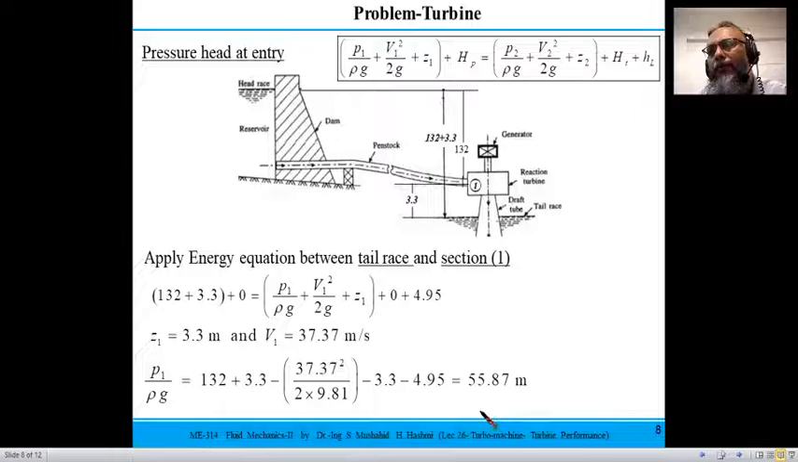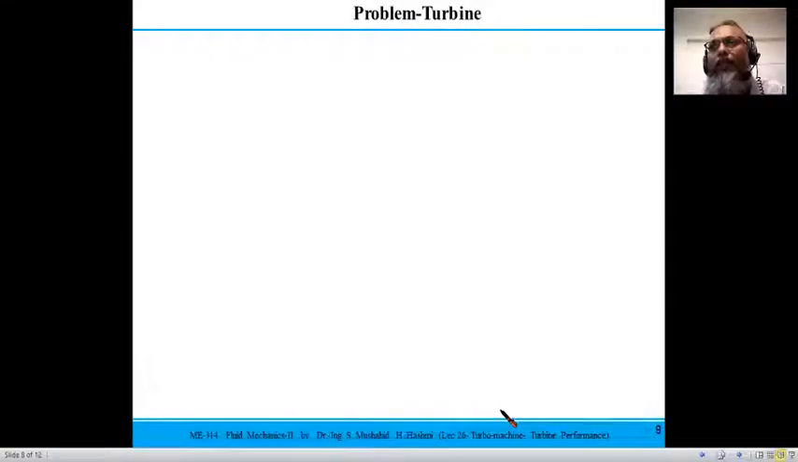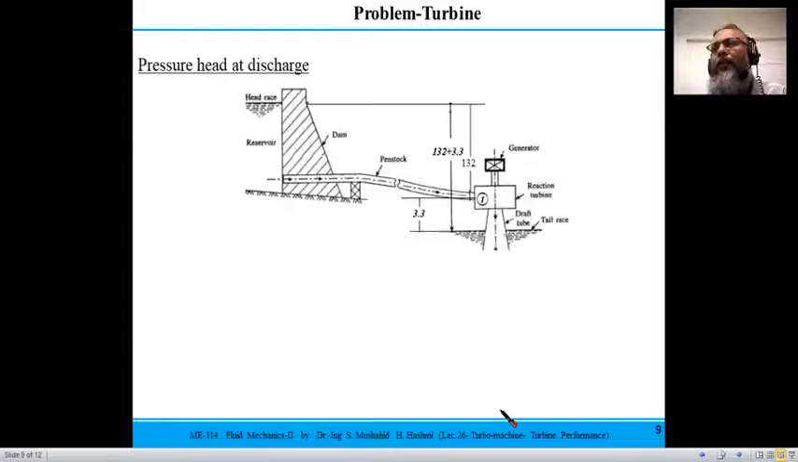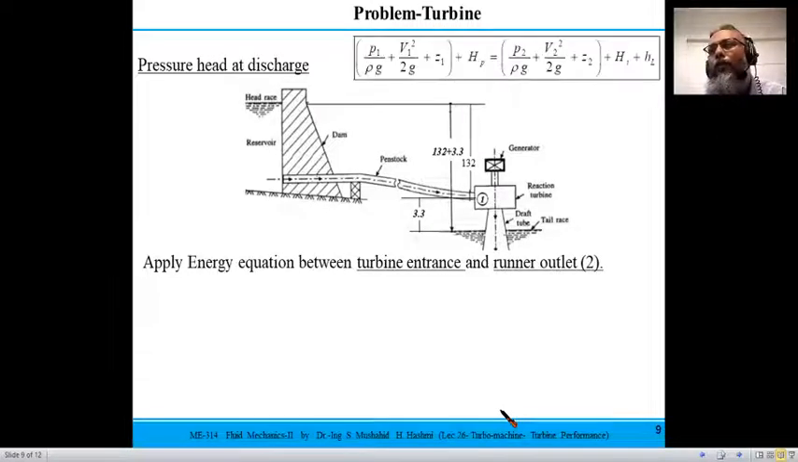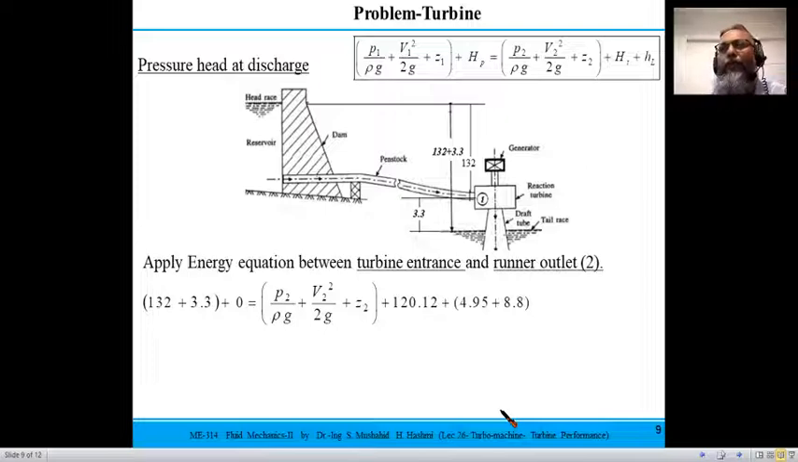So that is the first part, and the next is the pressure head at the discharge side. Discharge side is the runner outlet actually. So what I am doing is applying the same energy equation between turbine entrance and the runner outlet. If you see your turbine entrance, the available energy is in the form of the pressure